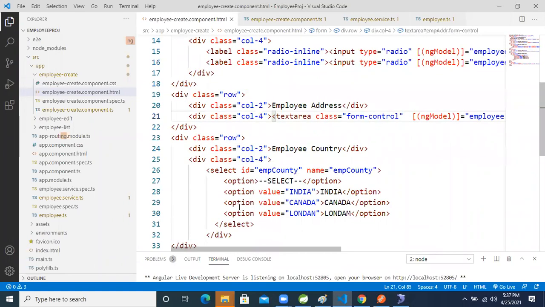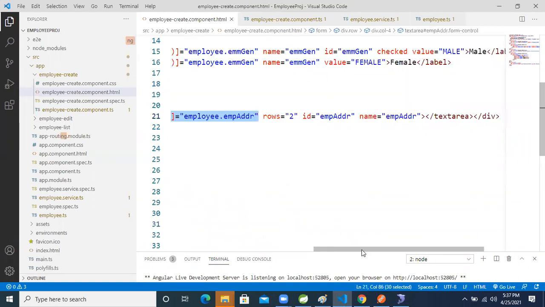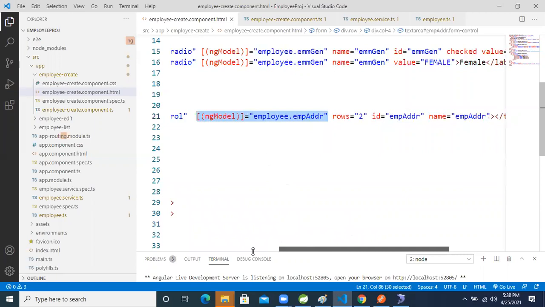One more, country, is there. Copy this one and come here.